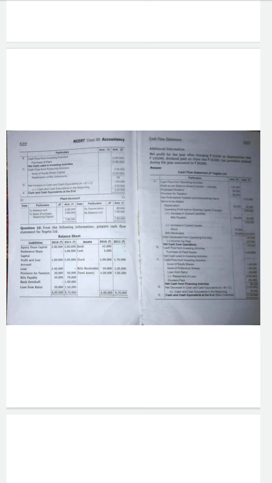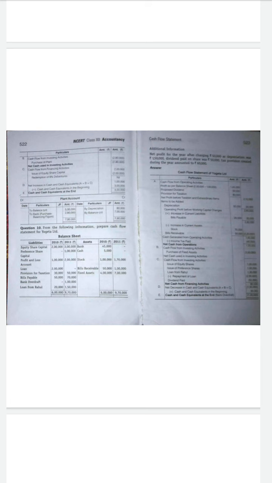So next we have to come to the, sorry, there is a printing mistake in the book. Instead of financing activity, they wrongly printed investing activity. So actually there is a financing activity, that is C, cash flow from financing activity. Financing means you have to see the equity shares, dividend, loan. Okay, keep in mind. Issue of preferences, issue of equity shares, if there is any loan, repayment of loan, dividend paid. These are the items which come under the financing activity. Understood?